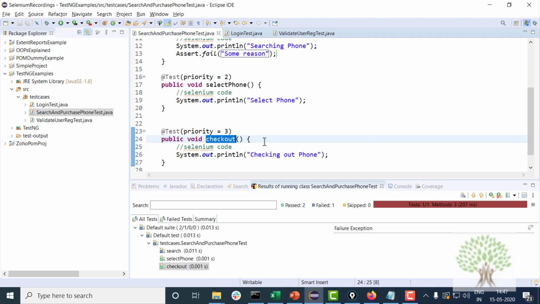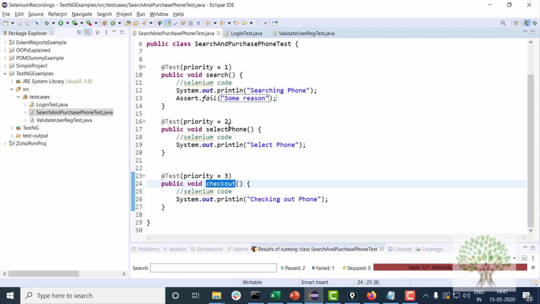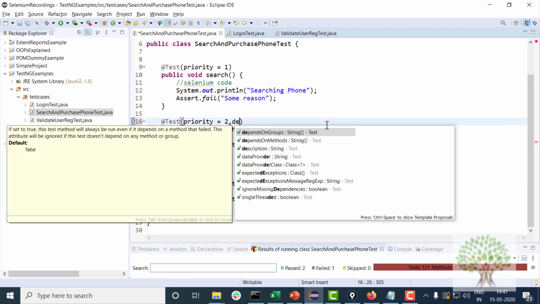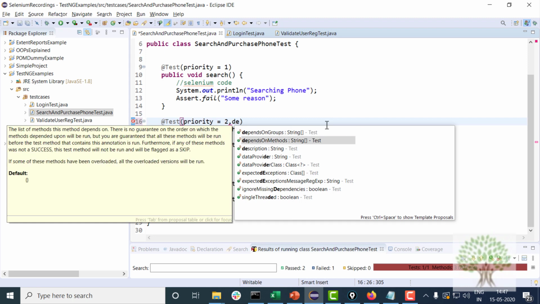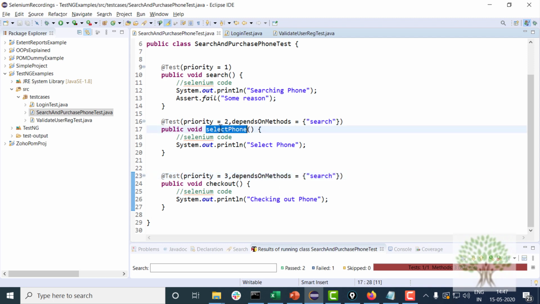Okay, the tests like select phone and checkout, they have actually passed. You don't want them to actually run, you want them to skip, because the first one has failed. When you can't even search for mobile, then how can you select and check out? So you mention the dependency over here, put a comma and write depends on methods, and you specify the method in an array that this is dependent on search, and then this test case is dependent on select phone.